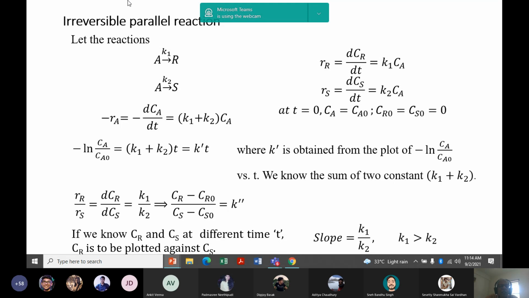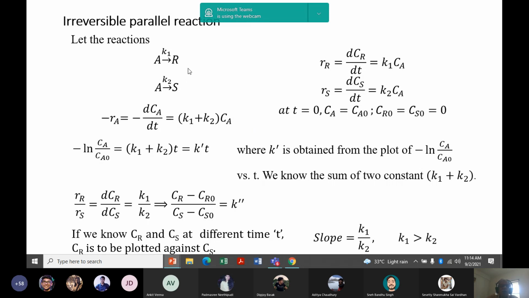We can see the nature, and also you can find out the individual rate constants K1, K2. And it is very easy because for both reactions, if we assume first order, then it is K1 plus K2, the summation of these rate constants. If it is second order, then the expression will be different and the solution will be different. I'm not showing it, you can try it. There will be more equations and the solution will be slightly difficult.